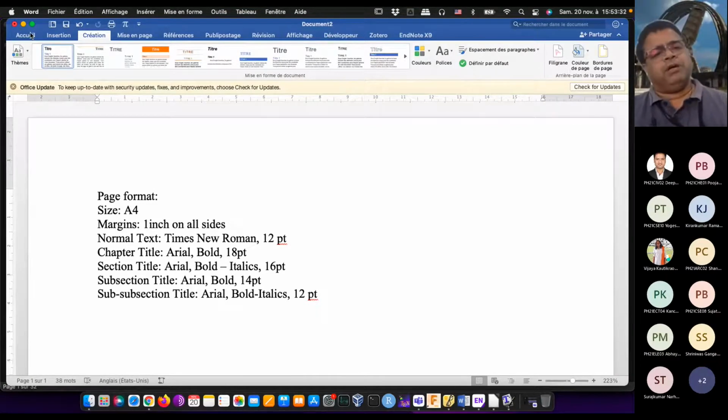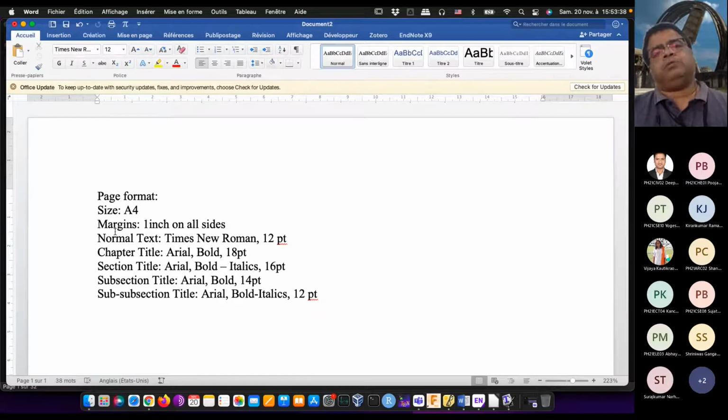However, the shape, the color and the sizes of these fonts may not be the same, and also your chapter title has to be numbered, the section title has to be numbered, the subsection title also has to be numbered. So chapters will be numbered 1, 2, 3. Section titles should be like this: 1.1, 1.2, and then 1.3. Then subsections will be 1.1.1, 1.1.2,